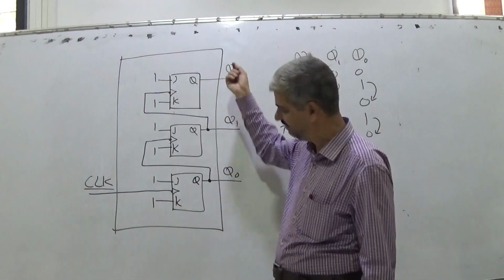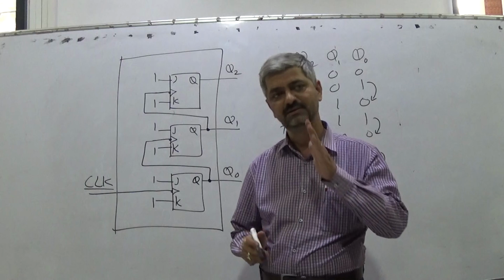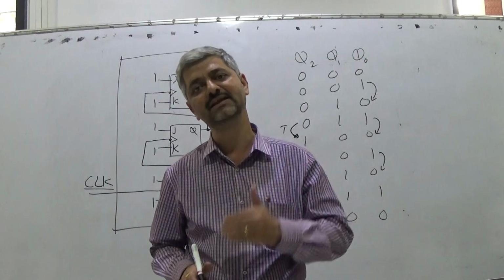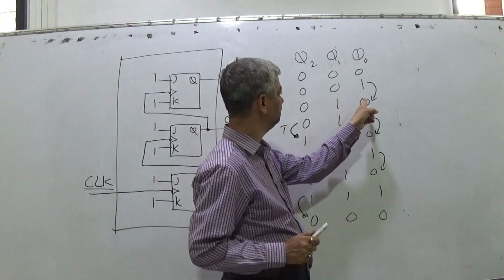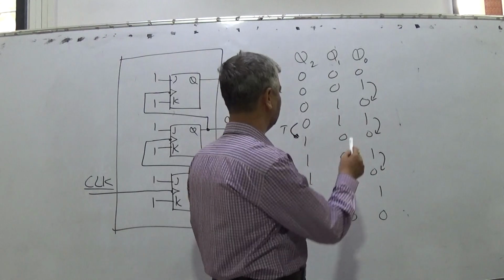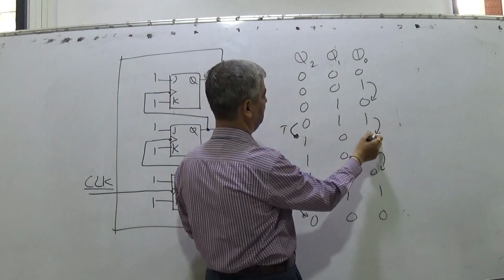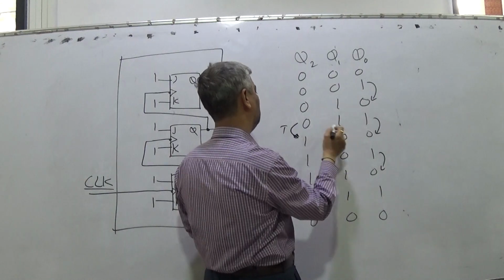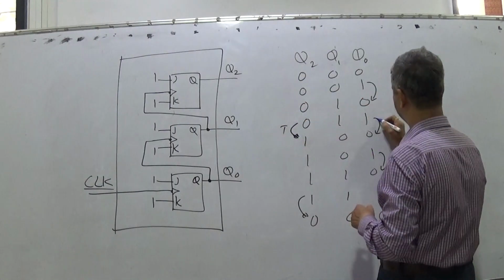So there is a negligible but small time gap between the counter moving to the next expected state. It happens so that Q0 toggles, but it takes time to toggle. Q0 is toggling, then it will take some more time for this to toggle, and then it is going to toggle this. So in an asynchronous counter, if you observe this change,